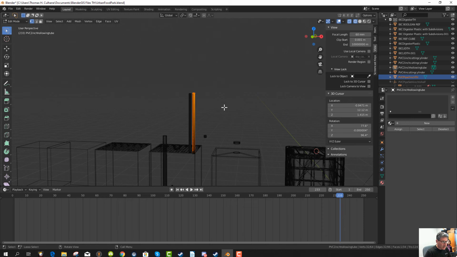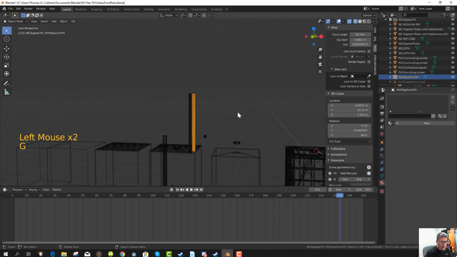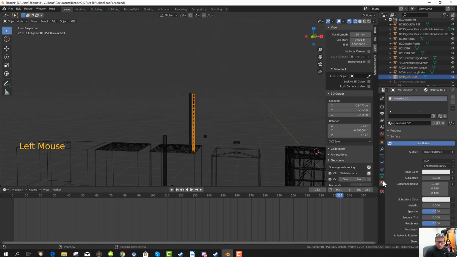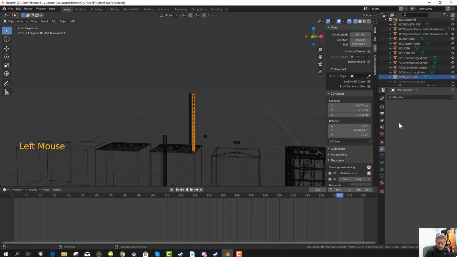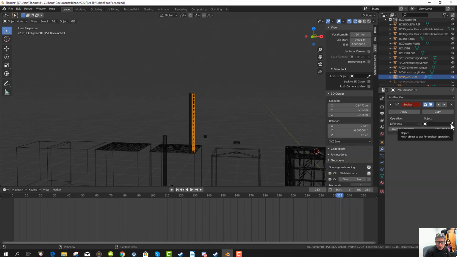The 2-inch pipe is this one here, and I'm going to say modifier, add modifier, Boolean. Tell it the Boolean I want to use is the PVC 2-inch hollowing tube. And when I do that and I hit apply, I can go to the hollowing tube and remove it,